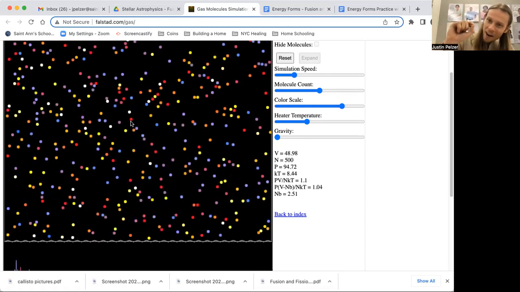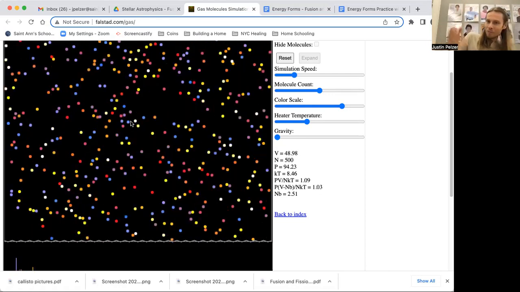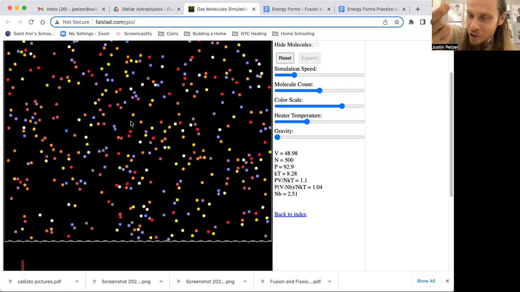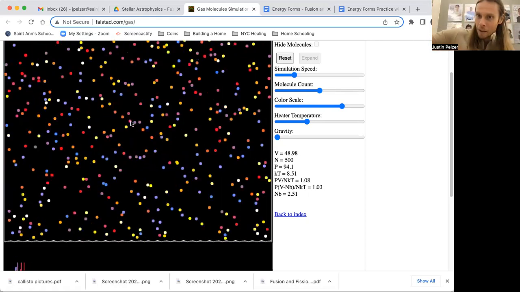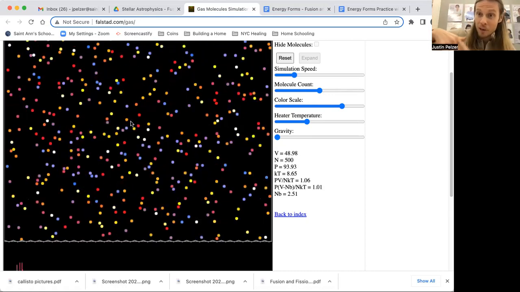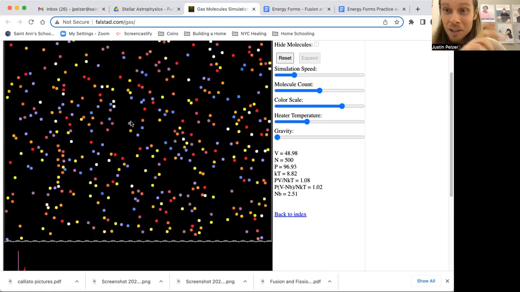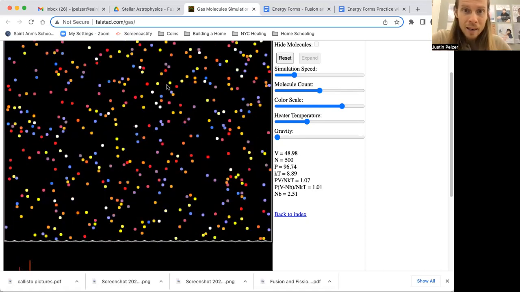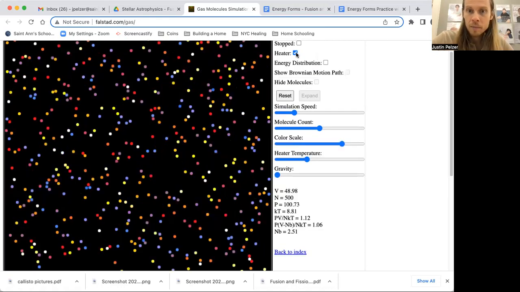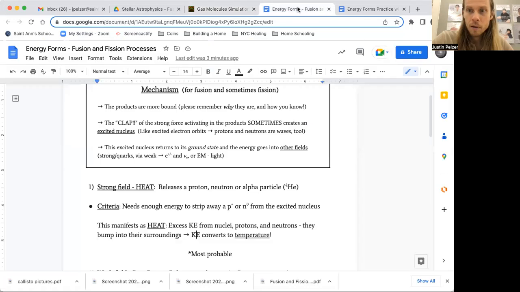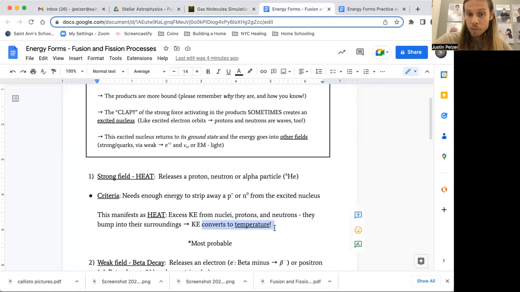Look at the air in your room, imagine there's a molecule there and you push it. Even pushing my hand through it actually adds kinetic energy to the room, actually heats up the room just a little bit. So adding kinetic energy heats up a room. That's what heat is. It's kinetic energy which converts to temperature. I hope this makes sense. This is the most probable outcome, where the energy stays in the strong field.